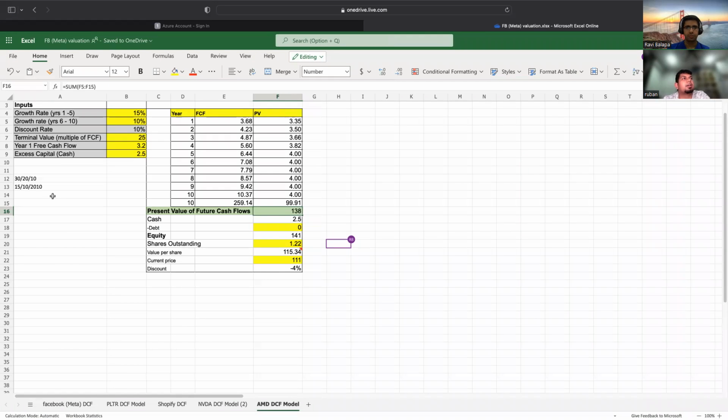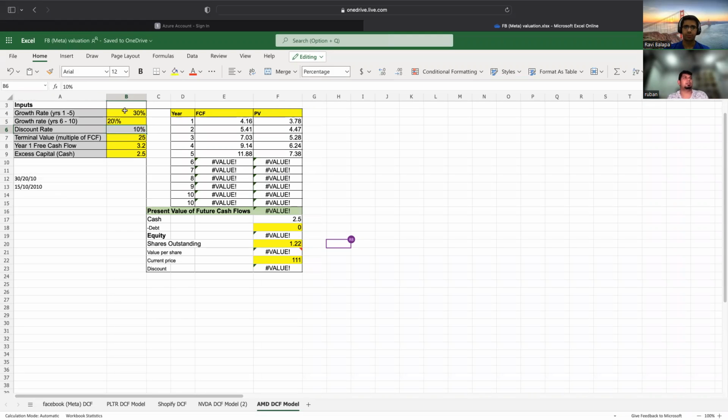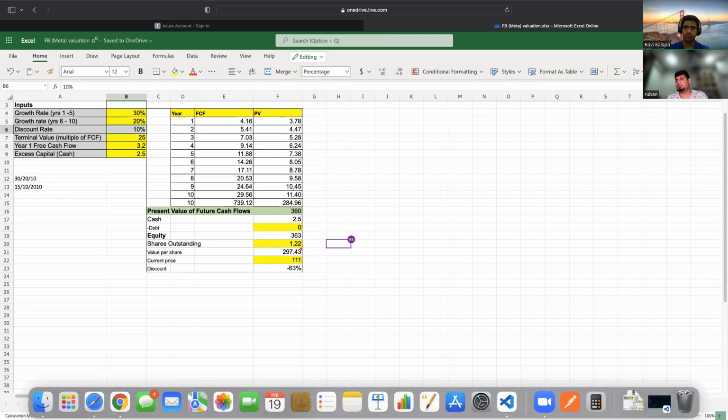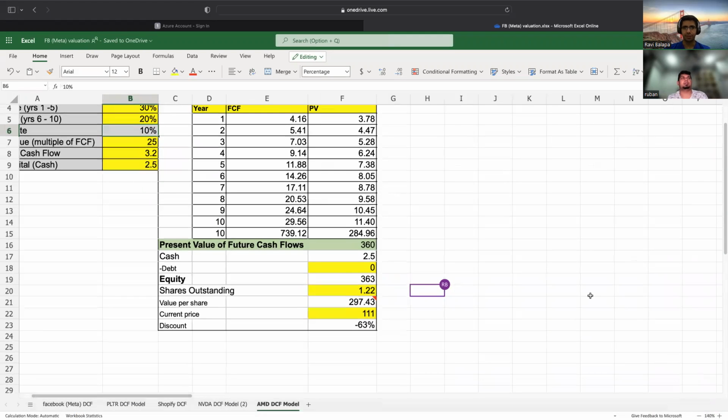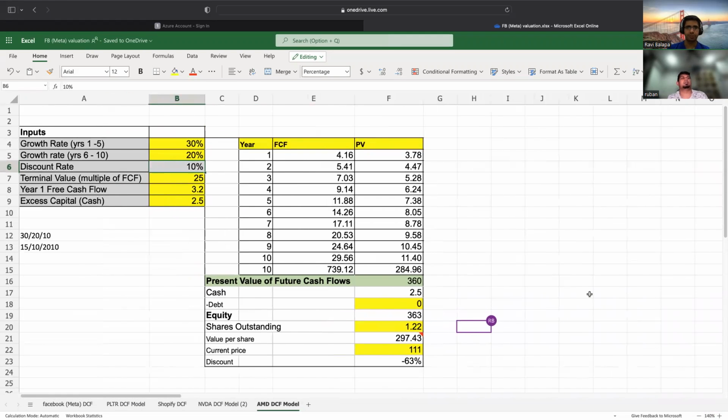We actually want to start off with what we think is the estimated growth rate, based on the last financial year's performance as well as what is projected for the future. Ruben, can you zoom in a little bit? Your screen is a bit small. Just give me a second. Yeah, this is perfect.